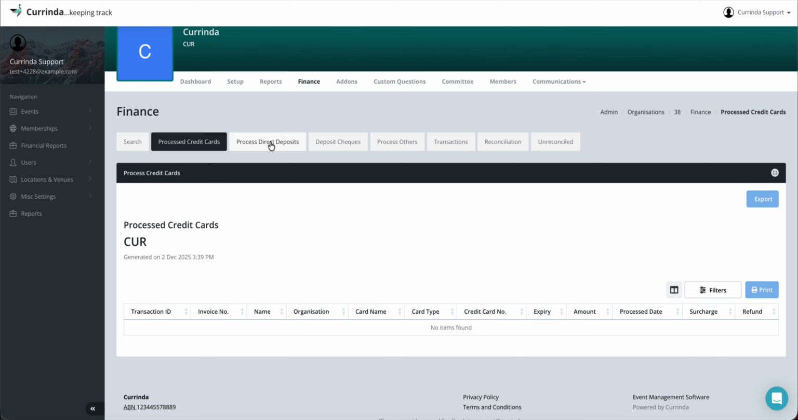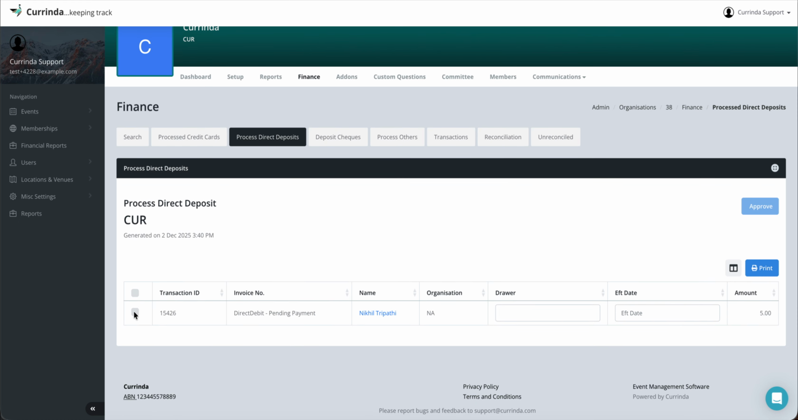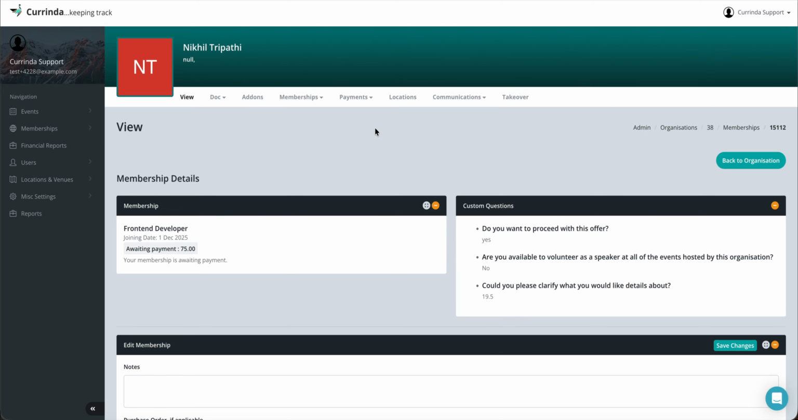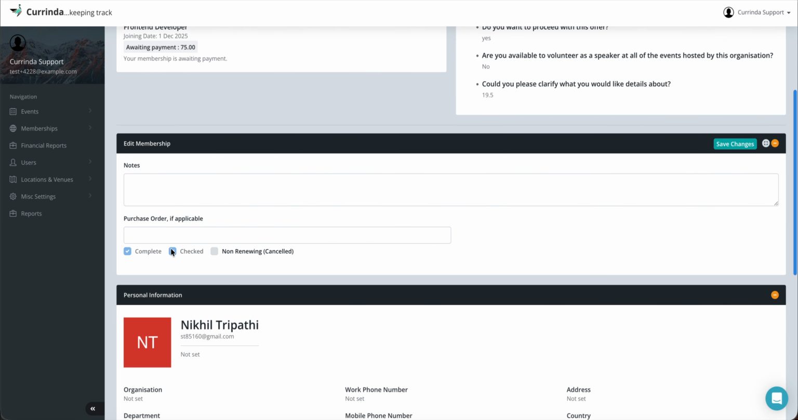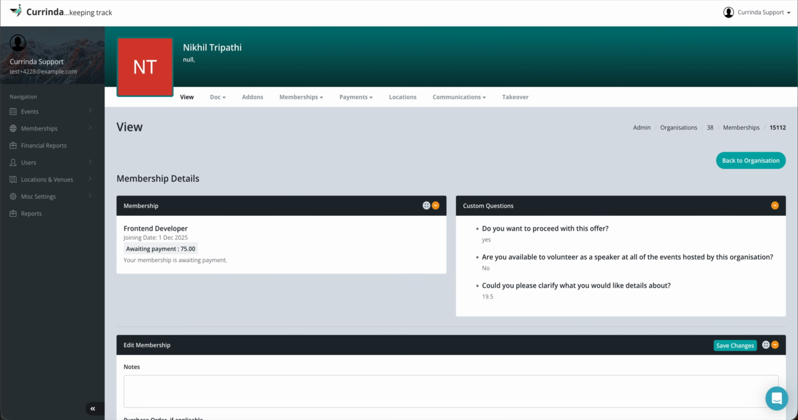And then we have process direct deposits. Whenever a member joins an organization and chooses to use the direct deposit way of paying the organization, once their membership is checked, their transaction appears here so that the admin can approve them. In this case it's Nikhil Tripathi. If I click on his profile, you can see their membership is checked, it's complete, and once it's checked and complete, if they have done a direct debit payment, then it gets